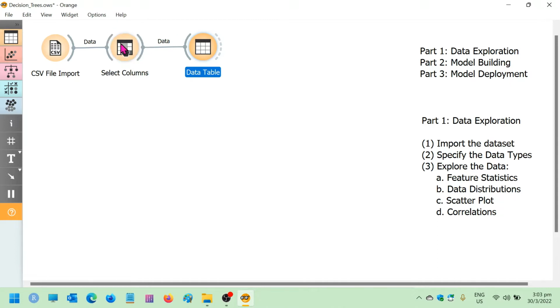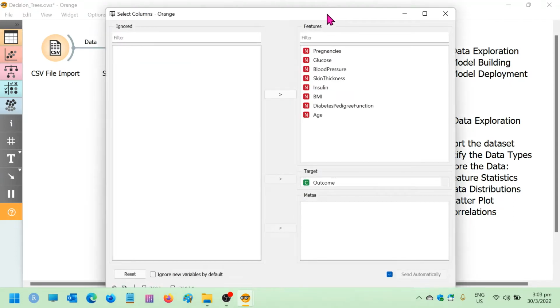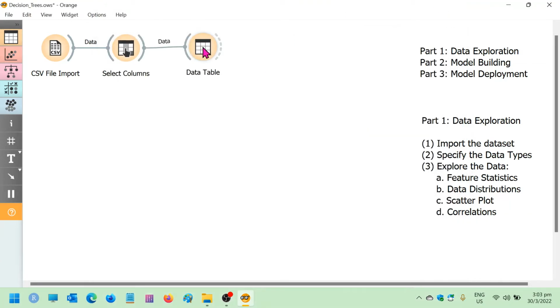Under Select Columns, as you can see, there is a target variable here. Actually, Orange has kind of anticipated what I'm going to do with the data. It has decided for me that outcome is the target variable, even though I didn't quite say it, but it has actually assumed that. And these are the features that are going to be displayed in the table. So if I close this one now and look at my data table,